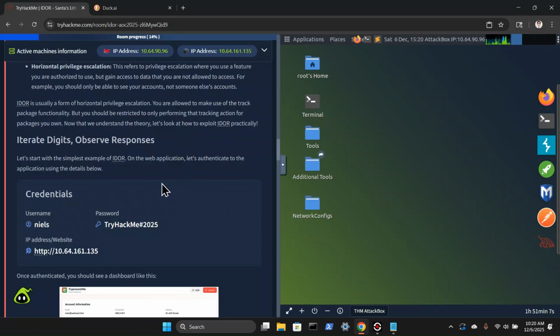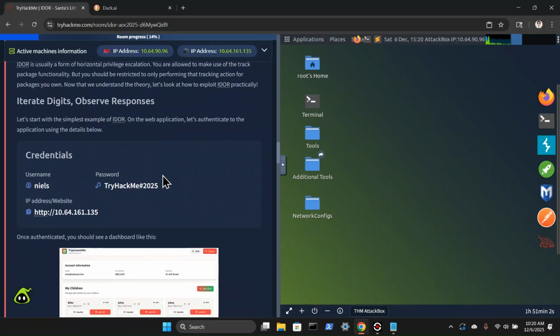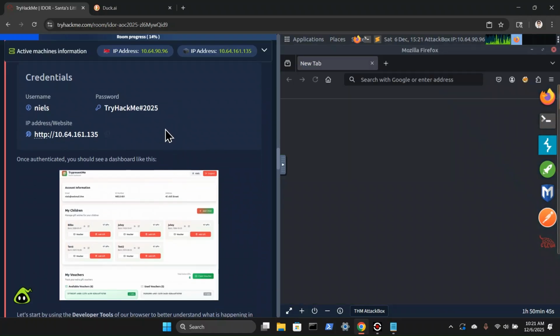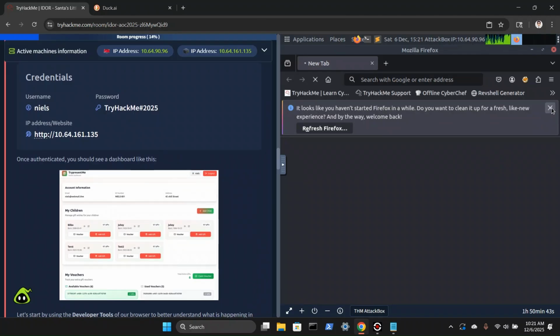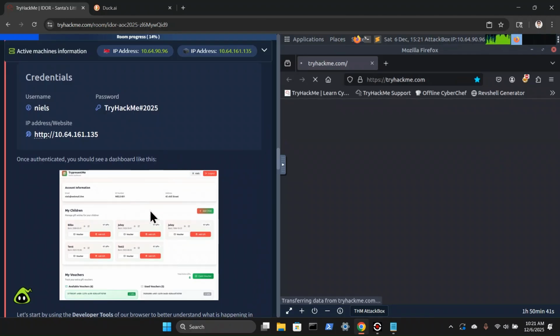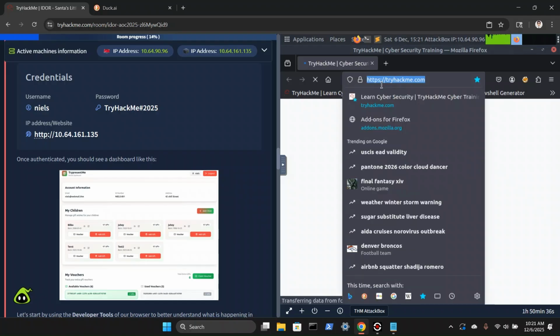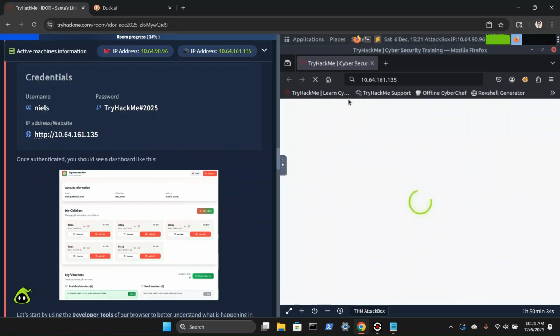Let's start with the simplest example of IDOR. On the web application, let's authenticate to the application using the details below. So let's copy this, and let's open the browser in the attack box here. Bear with me while it loads. And it looks like it does provide us with a username and a password for this web application as well, and a photo example of the dashboard that we would see. So we're going to go ahead and paste this in, hit enter,